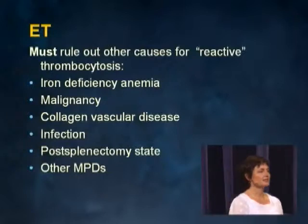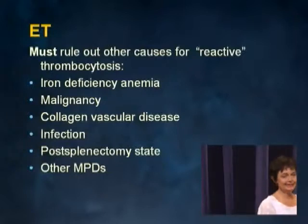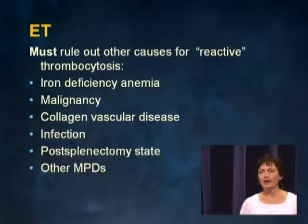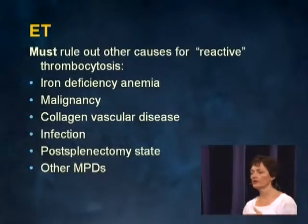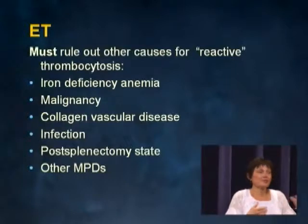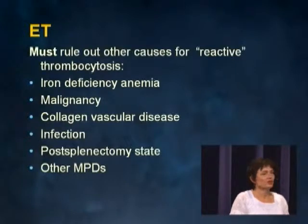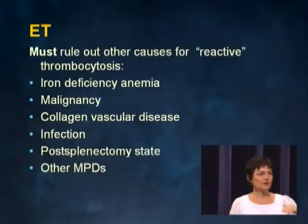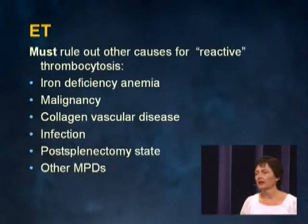Reactive thrombocytosis. The most common cause is iron deficiency anemia. So you need to make sure they're not iron deficient before you call them having ET. The other things that will give you a reactive thrombocytosis: malignancies, collagen vascular disorders, any sort of chronic infection, somebody that's had their spleen out. Those sickle cell patients that have autosplenectomized all tend to run a little bit higher platelet count. And then the other